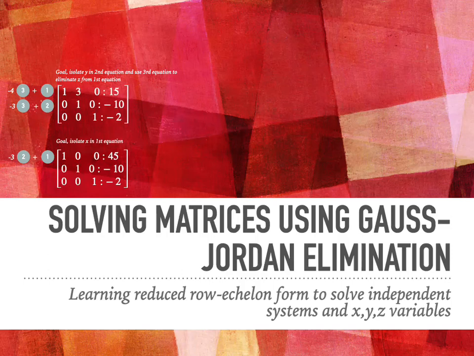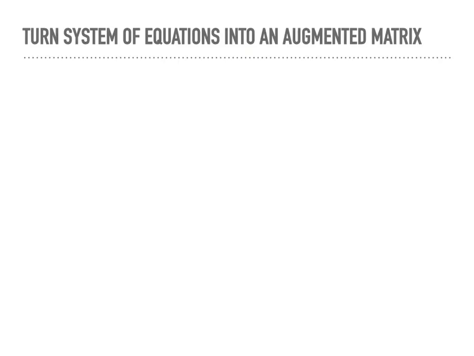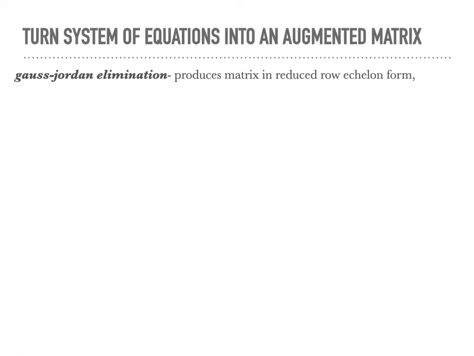We'll be discussing how to solve matrices using Gauss-Jordan elimination. And instead of doing regular row echelon form like in Gaussian elimination, we'll be learning how to do reduced row echelon form. Gauss-Jordan elimination essentially produces a matrix in reduced row echelon form, where there's ones across the main diagonal and zeros everywhere else. This is so we don't have to do back substitution like we do in regular Gaussian